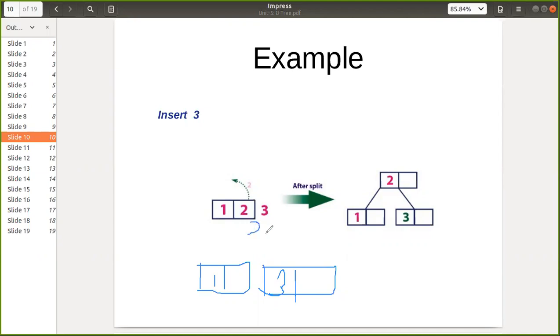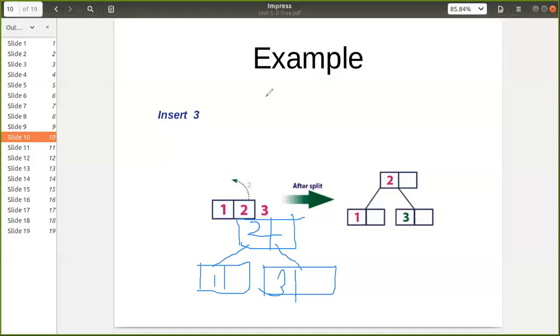So here will be 2 and it will be made a new node, and now this will be the root for this tree, and the left of this will get assigned to this and the right of this will get assigned to this. So this is your new tree 2 1 3. So if we are exceeding the limit of a particular node, then we are splitting that node at the middle position, and whatever middle element is there will be shifted one level above. So in this way we are adjusting this one.